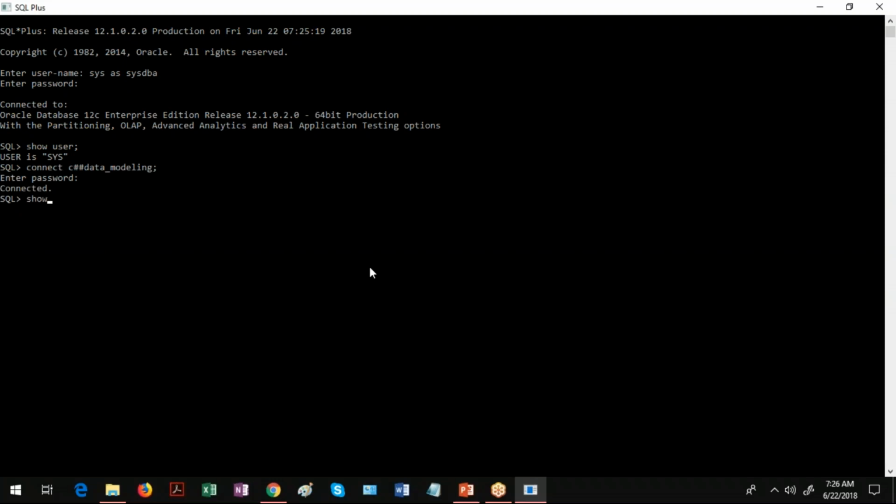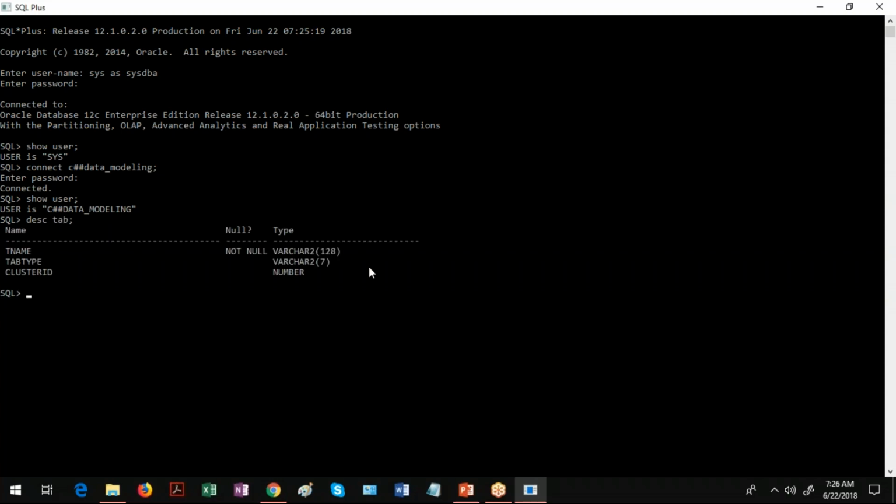Just to check which user I am working in, I type show user again. After that, I am using a system table called tab, and I am describing that table. The short form of that one is tab.